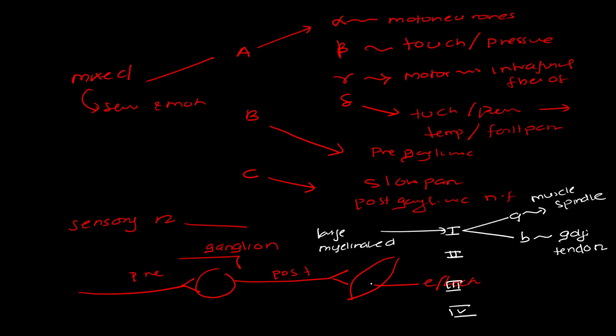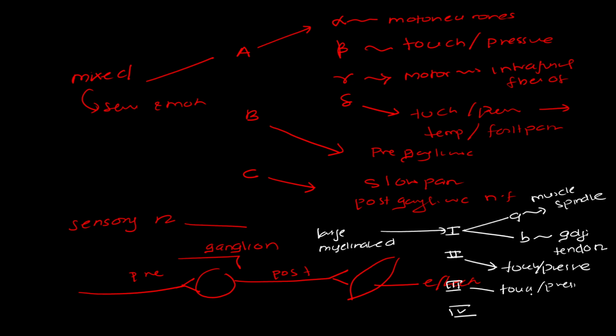Then there's type 2. Type 2 involved in moderate conduction of nerve stimulation, mediumly myelinated, and these are usually found in carrying out sensation of touch and pressure. Third type, again touch and pressure, because there are multiple receptor units which are involved in carrying out sensation of these two modalities. That's why there are different types. And also